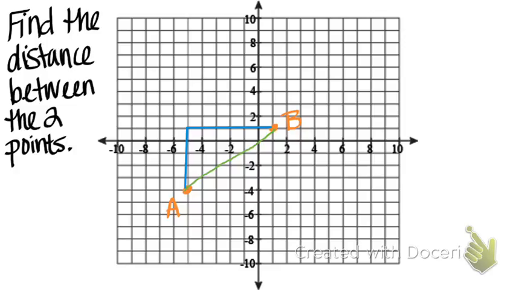Now, could I have gone to the right and then gone up? Yes. Either way, it would have looked like this if I'd have done it the other way. And either way, it would have worked. It doesn't matter. But let's go with the blue triangle for right now. So looking at the blue triangle,